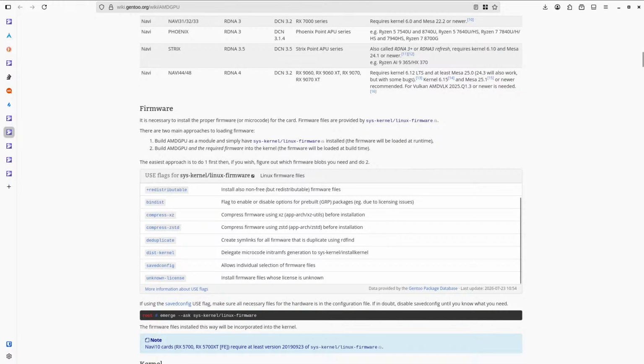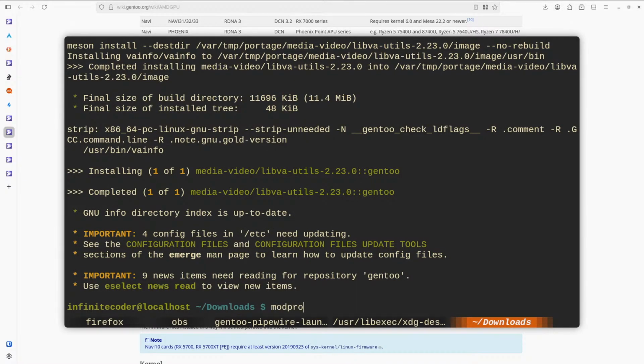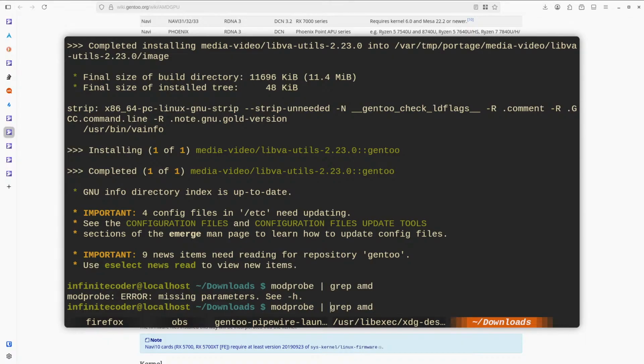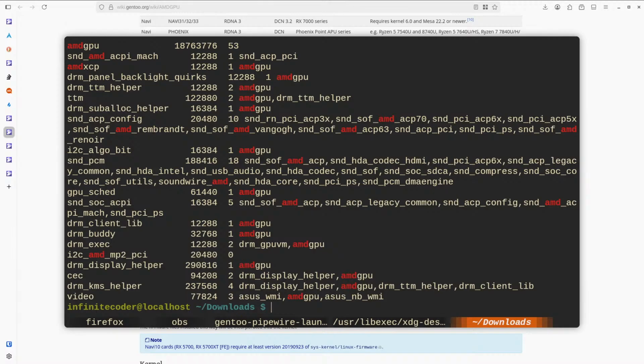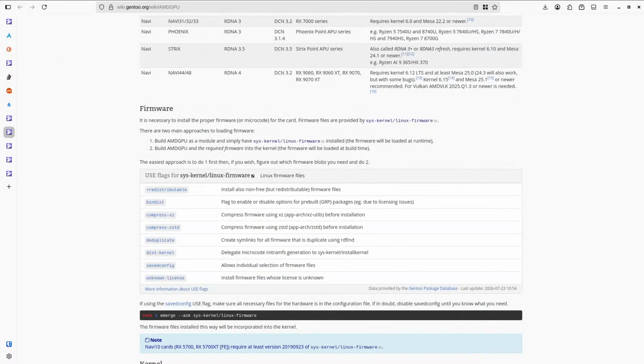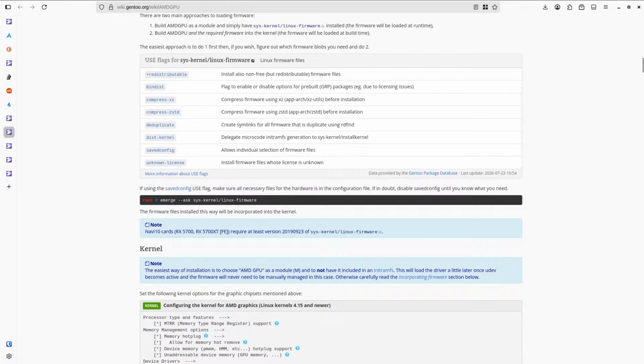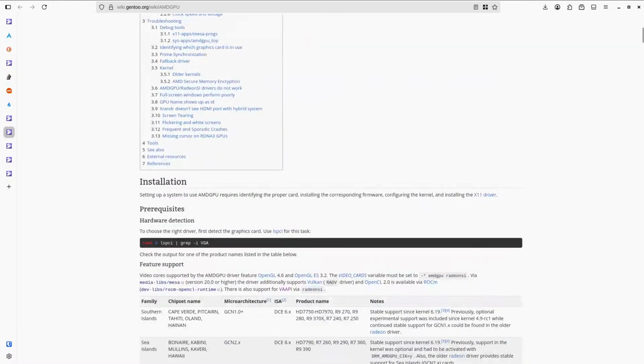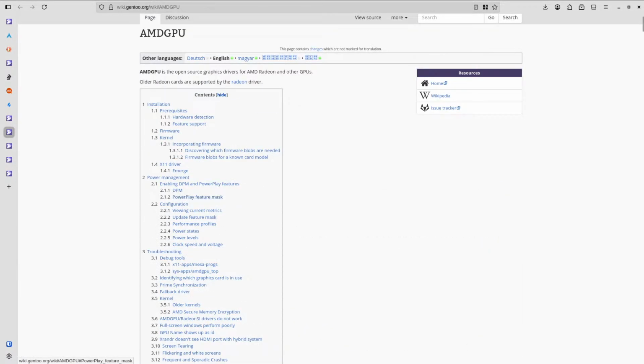Firmware build AMD module. I mean, I guess I can modprobe and see. Wait, lsmod. That's what I wanted to do. AMD GPU, a bunch of AMD GPU stuff is here, so I guess it's there. I guess it's loaded. Now, how do they actually fix the issue?